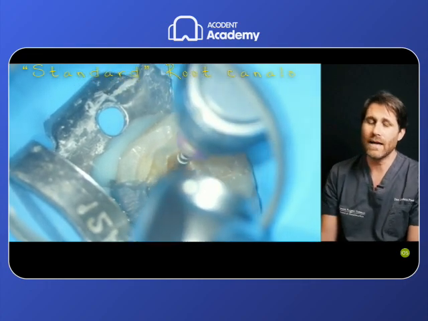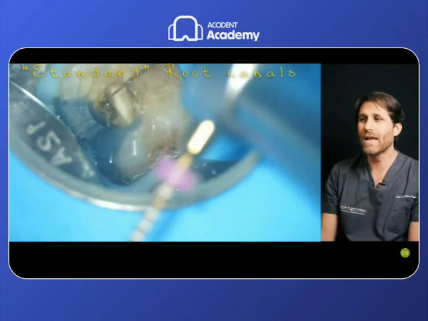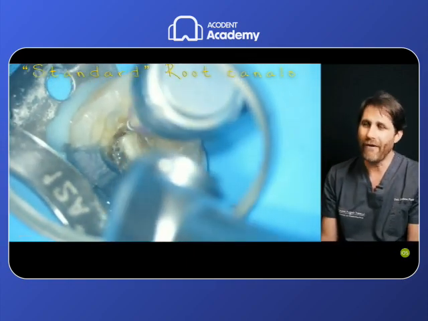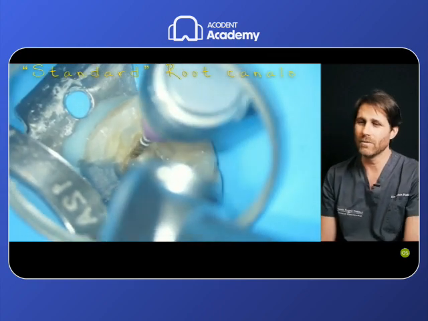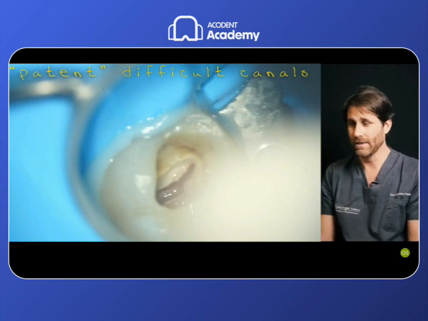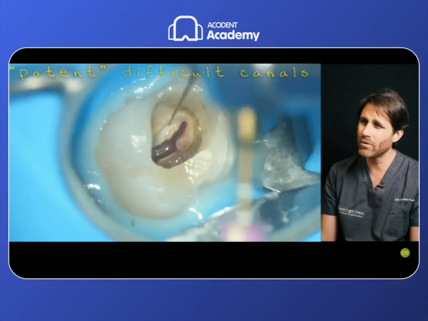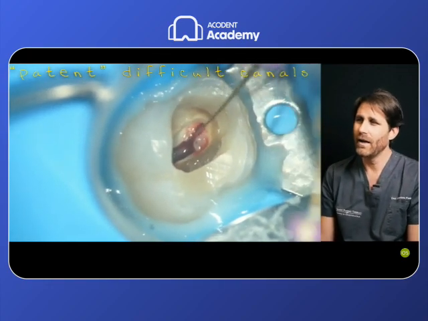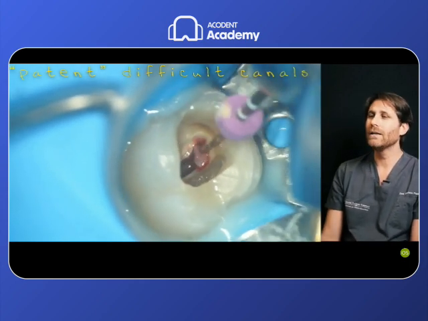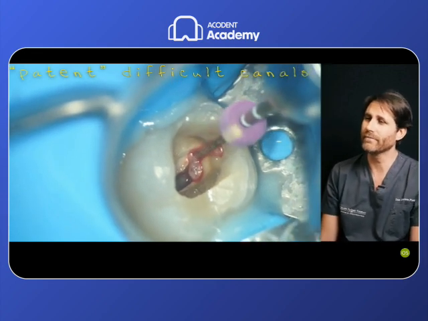That does not need very many properties for scouting these root canals, but can be scouted with a very flexible, effective, and efficient instrument like this one, or in patent but very difficult root canals. Difficult root canals, but that must be patent. That means, for example, an MB2 root canal. Those are the MB1 root canal treated with the Way1 Gold Glider.